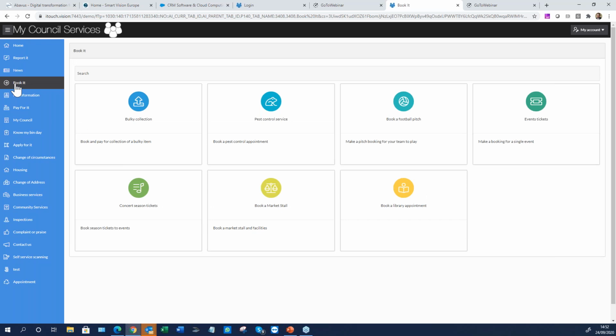And I'm going to do a couple of examples. I'll do something fairly simple first off, and we'll go and book a library appointment. This is something that's quite topical, really. It's something we've worked with our customers on since the end of March, when we initially went into lockdown, and libraries then subsequently reopened, but under very different COVID secure regimes whereby bookings were essential. So we've enabled quite a number of customers to enable library booking appointments for their library customers. So if I click on that,